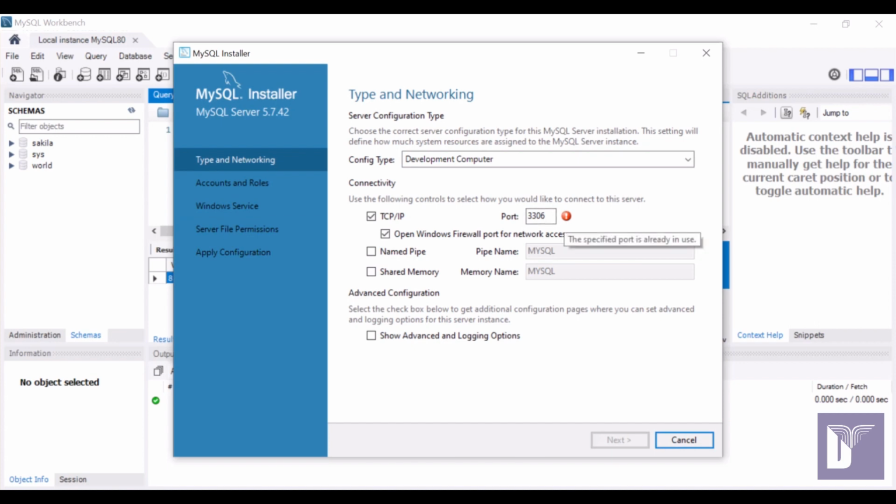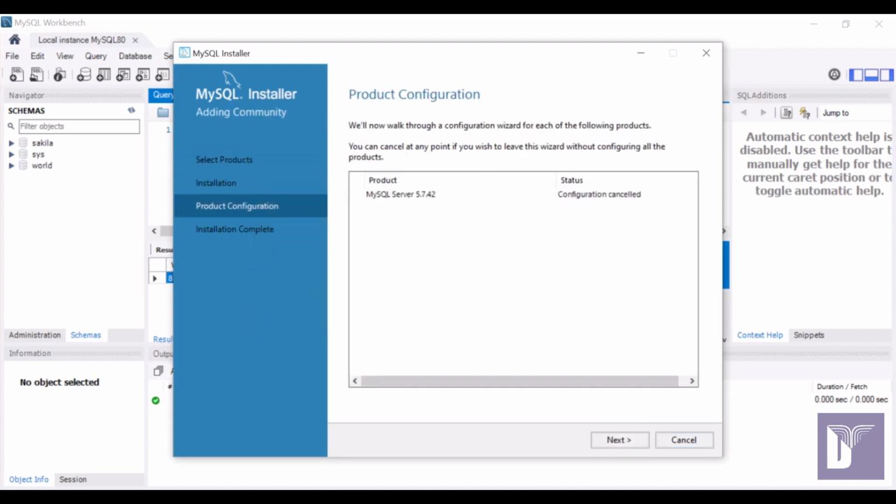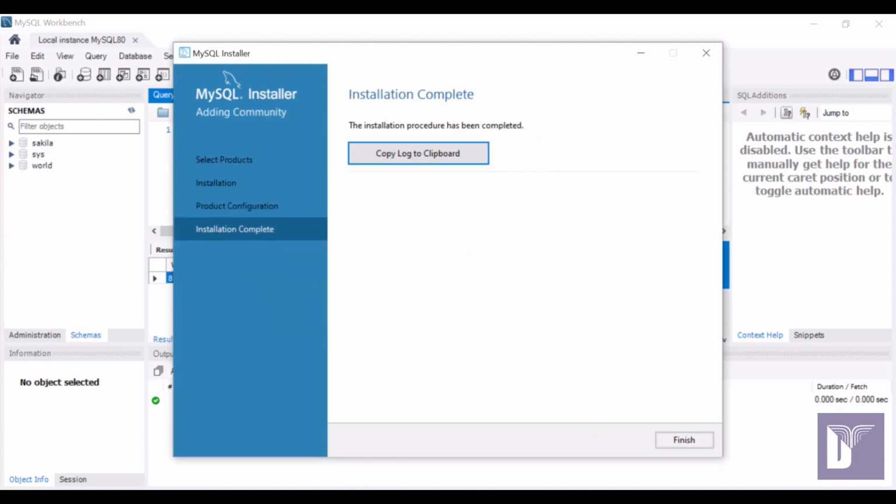Okay, here we encounter an issue where port 3306 is already being used by another service, which is the MySQL Server 8 service that we are running. If you want to run two MySQL versions in parallel, you can change the server port to 3307 or any other port that is not already in use on your computer. Since I only want to run one MySQL version at a time,